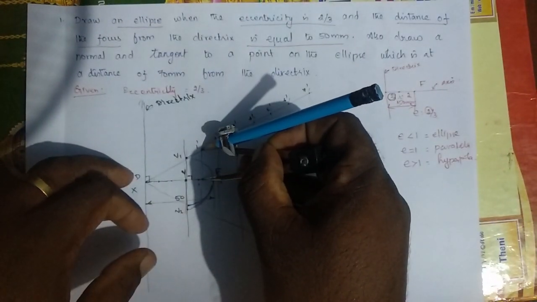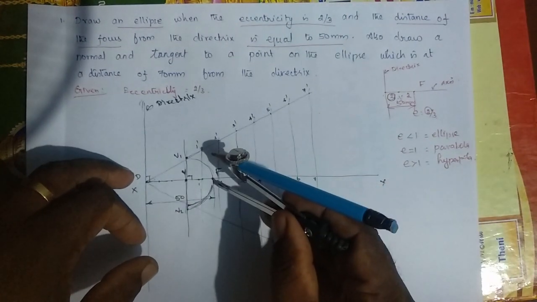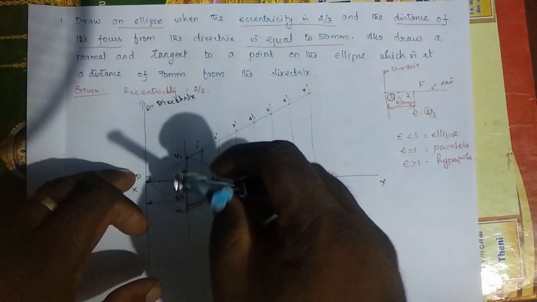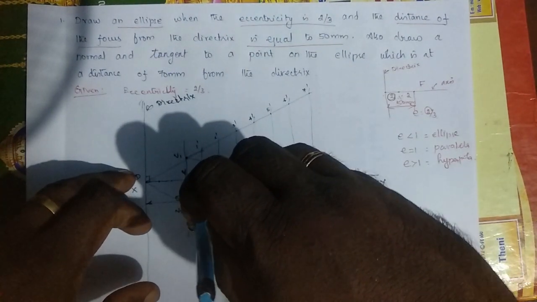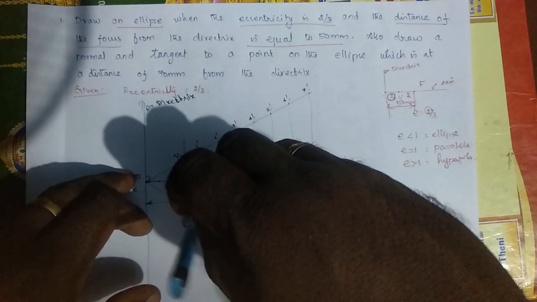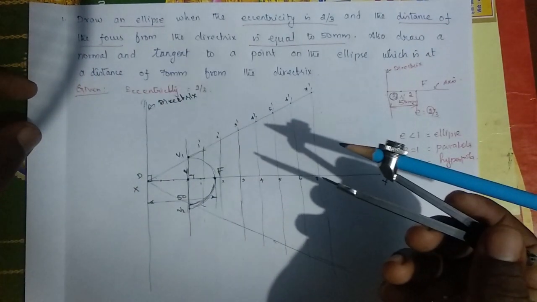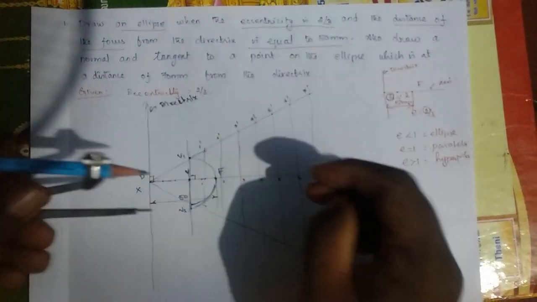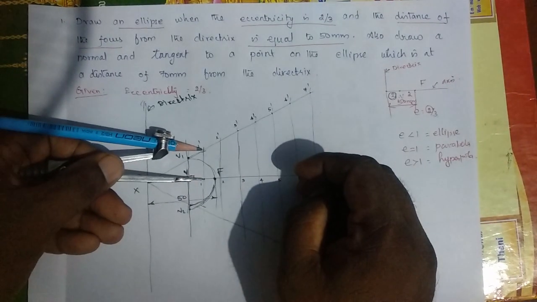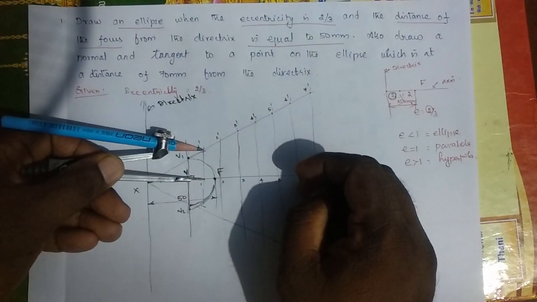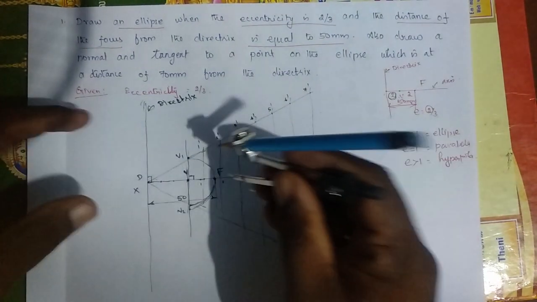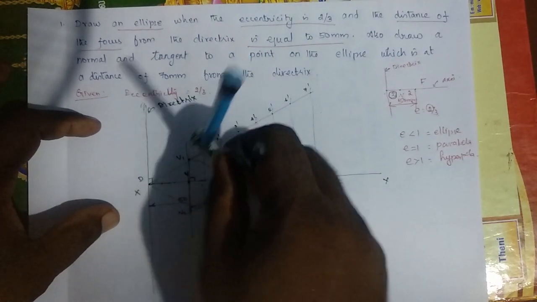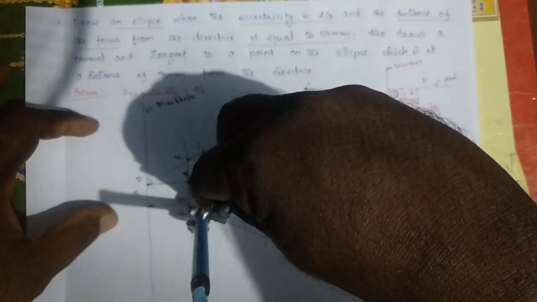Now use the compass to take the distance of 1 dash. Got that? 1 dash. So from focus, just make an arc on the point 1 dash on both the sides. Okay, so this is very, very important. So thing is, we have to take the measurement of the distance from 1 to 1 dash. You got it? 1 to 1 dash, and focus as a center. Always focus as a center.